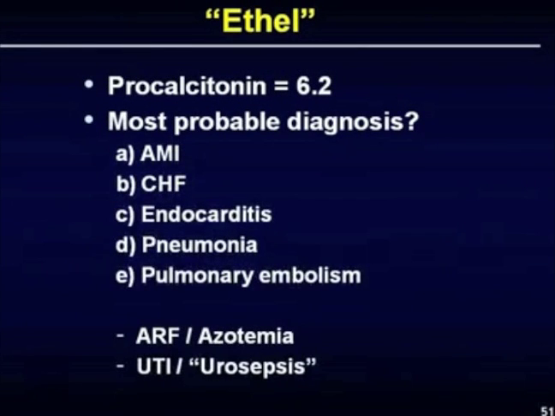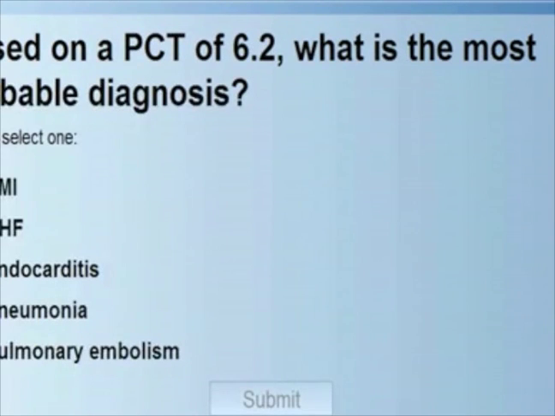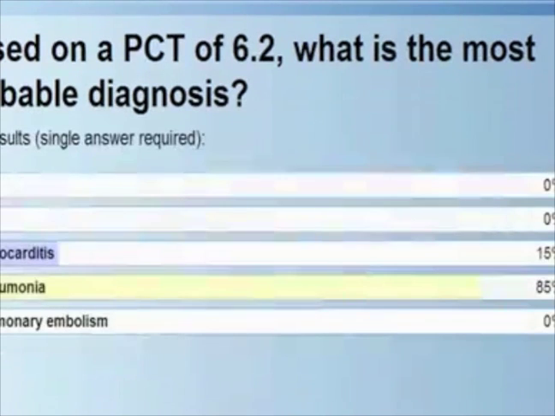And then the last slide would be to take this very same situation and apply a procalcitonin of 6.2. And how does this affect the probable diagnosis? And we'll review with the same differential diagnosis. It appears that many people have used this to shift their votes from acute myocardial infarction and congestive heart failure over to pneumonia. Endocarditis still being a consideration by several people in the audience, but I think we can see that procalcitonin does have the ability to change your pretest probability, especially when many other factors in either history, laboratory testing, radiographic testing